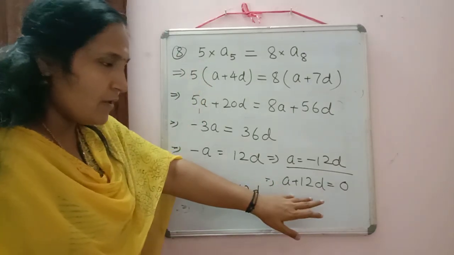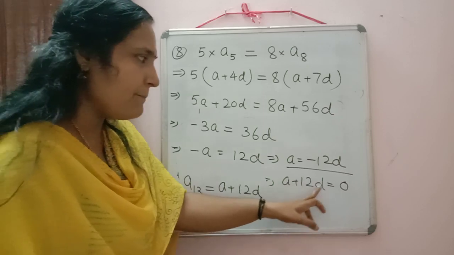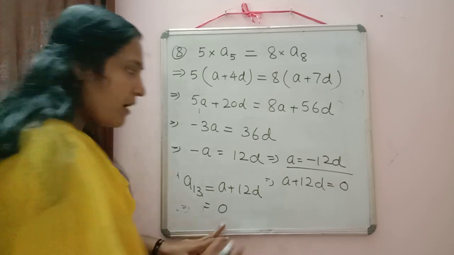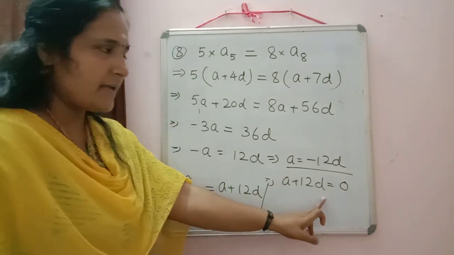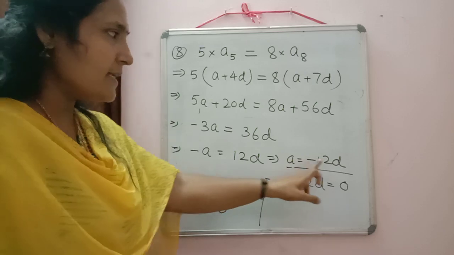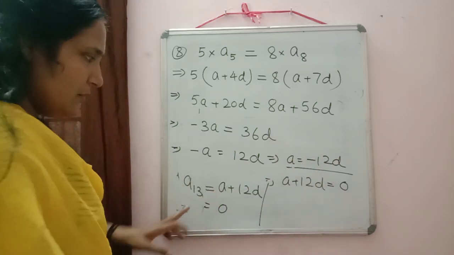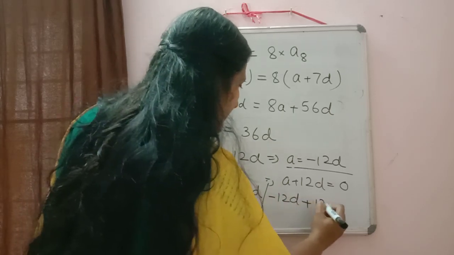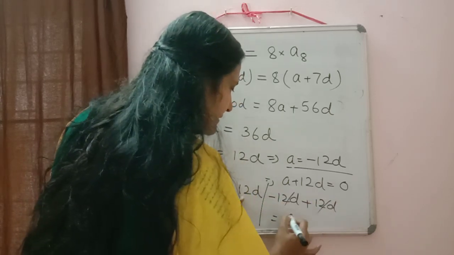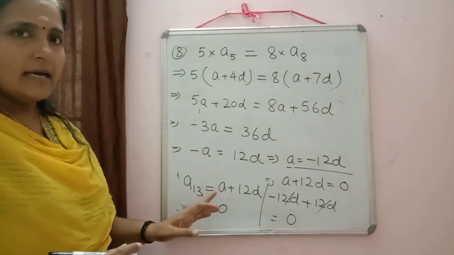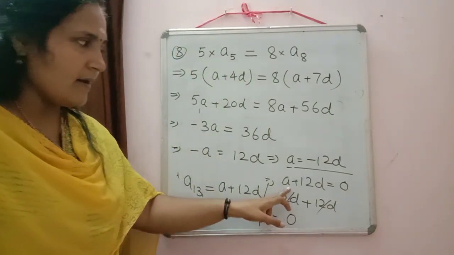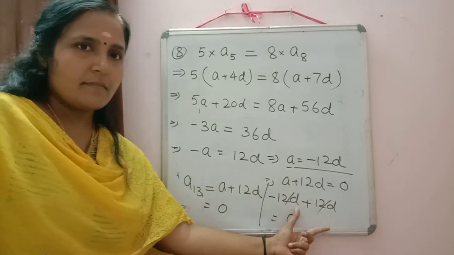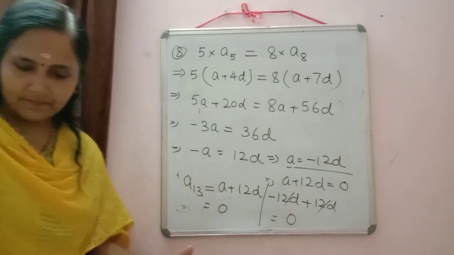So suppose if I wrote till here, then directly here we proved A plus 12D is equal to 0. So directly we can write here 0. Or suppose you haven't written this step, you wrote till here only, A is equal to minus 12D. Then what we will do? In place of A, we will substitute minus 12D plus 12D. Then both will get cancelled and again you will get 0. So either you can write till here, or if you wrote till here, then you can use this method. Clear? Okay.